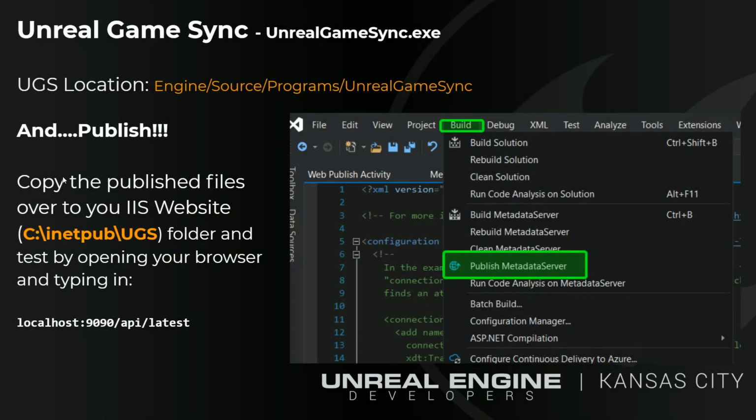Okay. So once we've got that done, we need to go up to build, and we need to build our metadata server. I apologize, I got the wrong screenshot here. We just need to build it. Once that's done, it will actually create files for us. We need to copy those over to our IIS folder, which is, again, that website that we created in the